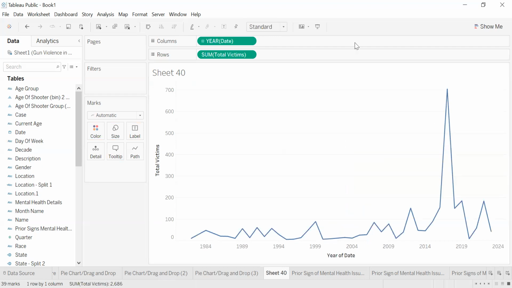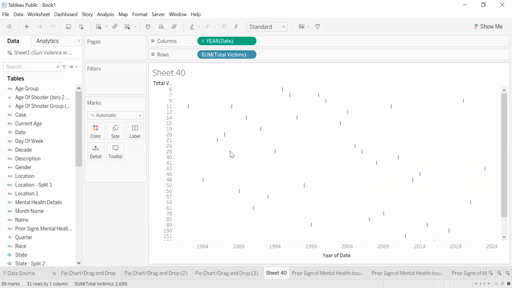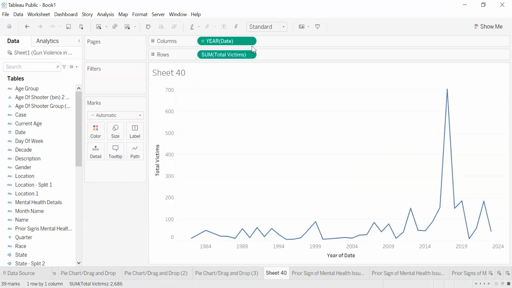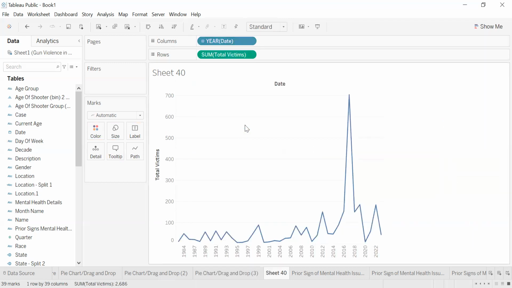Now you can see I have a continuous variable here. You can see what it gave me. Now, I have a continuous variable at the date. When I change it to discrete, it will give me something like 1, 1, 1, 1, 1, because I've changed that to a discrete. The moment I change this back to continuous variable, and I change this to a discrete, it will give me a shorter line chart. So we have to understand the meaning of this concept of visualization, the concept of dimension